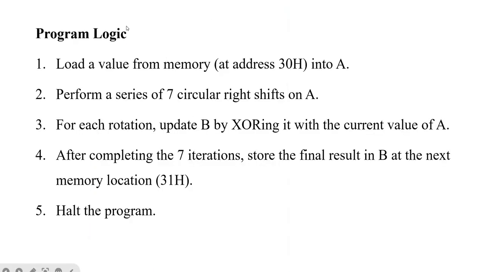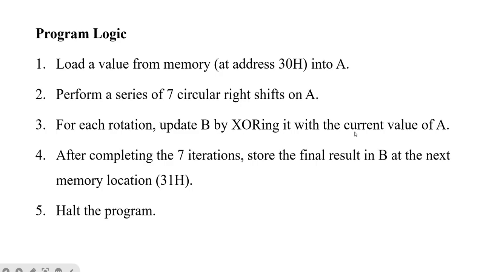Now this is the program logic. What you have to do is load a value from the memory address. Suppose we are taking 30H, and this value has to be loaded into A. We are taking the value from a memory address into the accumulator. After that, we have to perform a series of 7 circular right shifts on A, that is on the accumulator. For each rotation, we have to update B